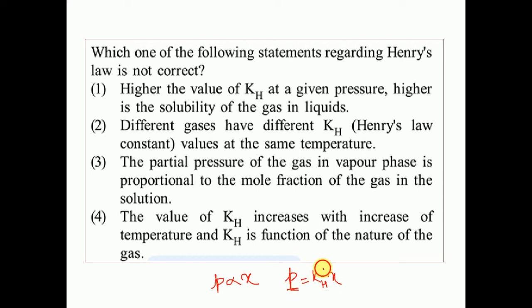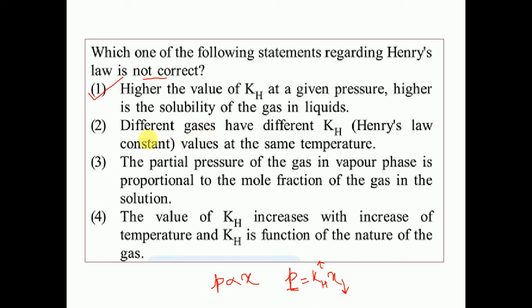And then if we increase the value of Kh, then X should increase. But if we see the equation, then if we keep P constant, then with increase of Kh, the X should decrease, right? I mean the solubility should decrease. So this is not correct, and the question is for the incorrect option only. So this will be the answer. Okay, so this will be the answer for a single correct type. If it is for multiple correct type, the options 2, 3 and 4 also are to be considered, right?